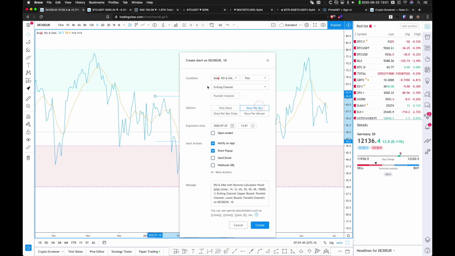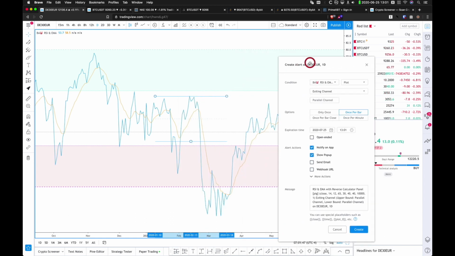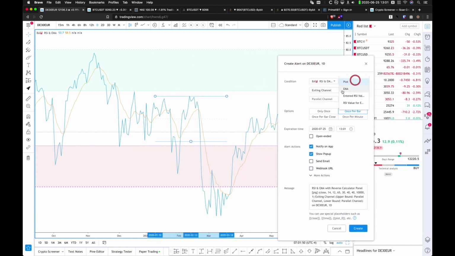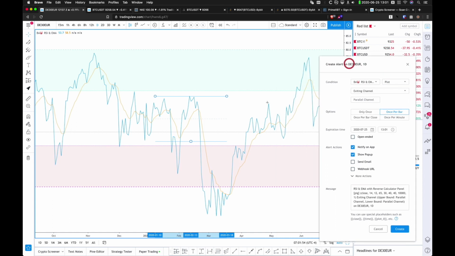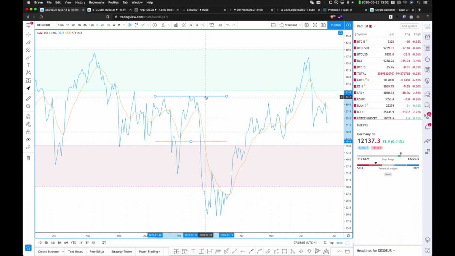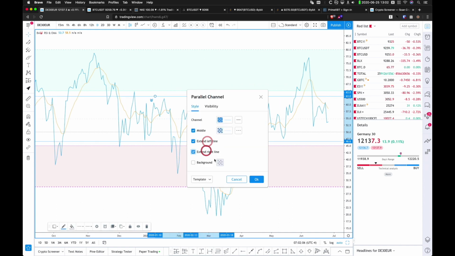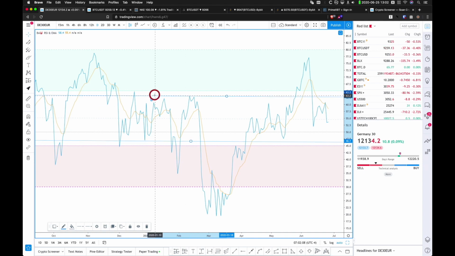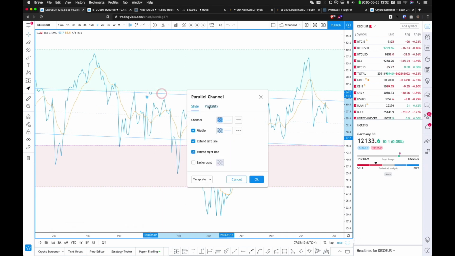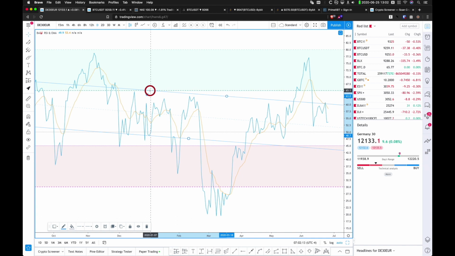Once per bar. Now, every time the RSI, which is called plot in this indicator, exits this channel, I'll be alerted. Once per bar, by the way. And so that's pretty cool as well. And you can also extend the lines. And then pretty simply you'd go to, you can move this guy to 65. Whenever you want to